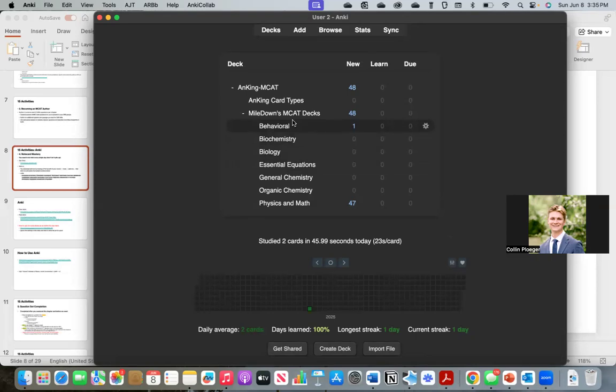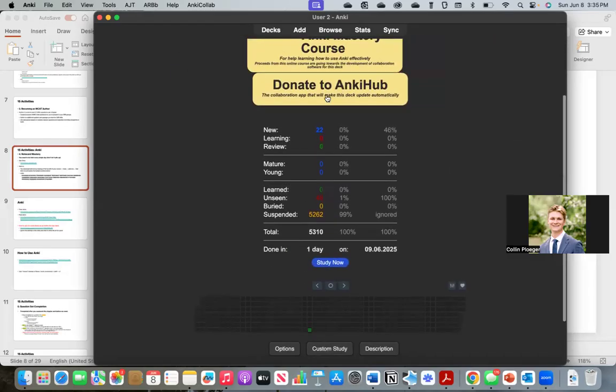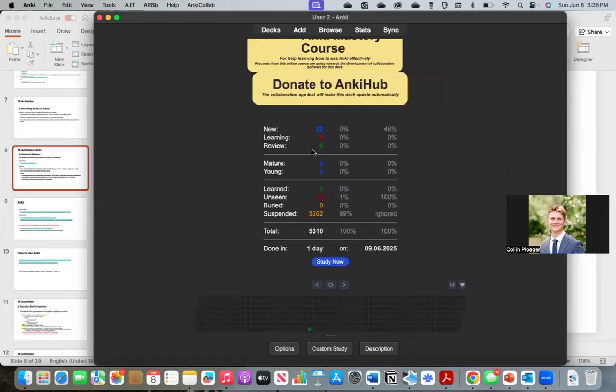I'm probably missing a lot. There's a steep learning curve with Anki, but I think if you watch this video, it'll be really helpful. One final thing is this, I really like this add-on here. It shows me basically my progress. What I love about it is it shows when I will be done with the deck or all these cards,